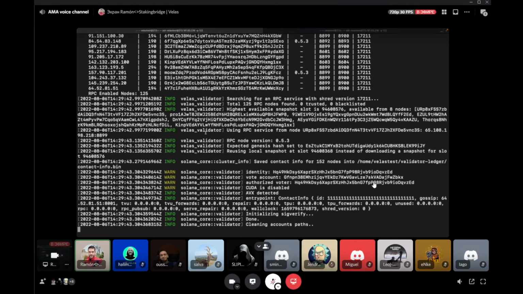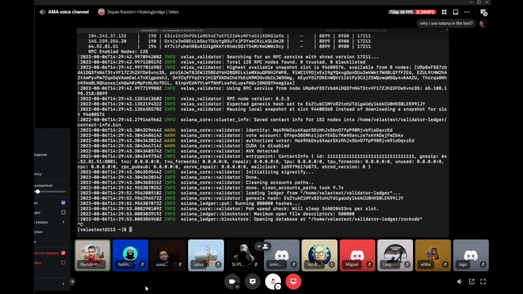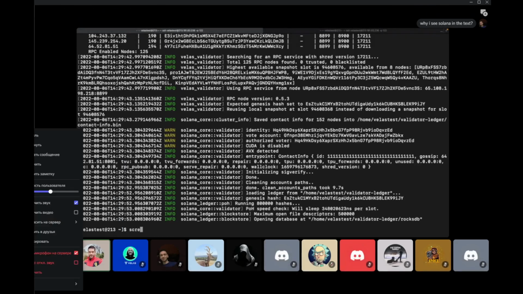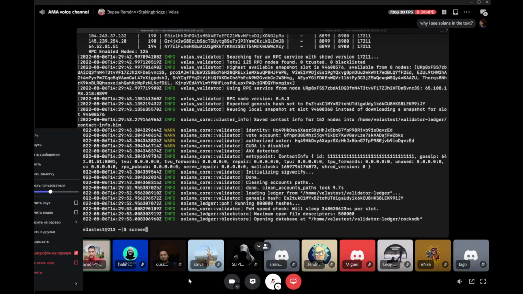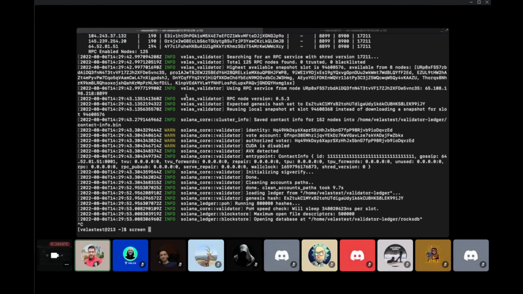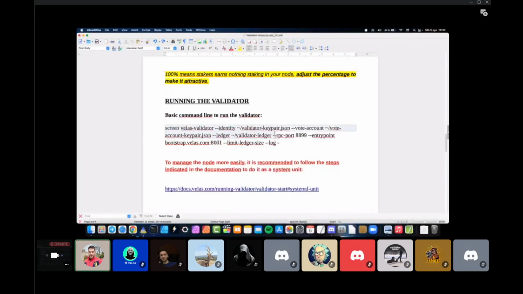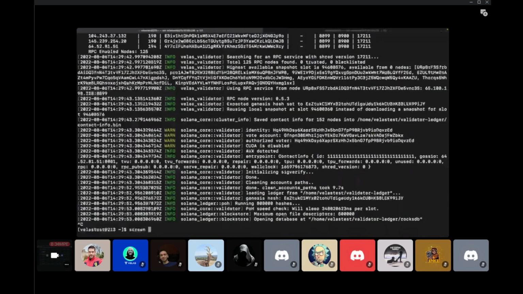There are many options to do it, but the most, let's say, basic way to do this is using the command screen. If you put this before the command, you can close your terminal and the server will continue working with the validator. I will show you. So if you run with a screen,